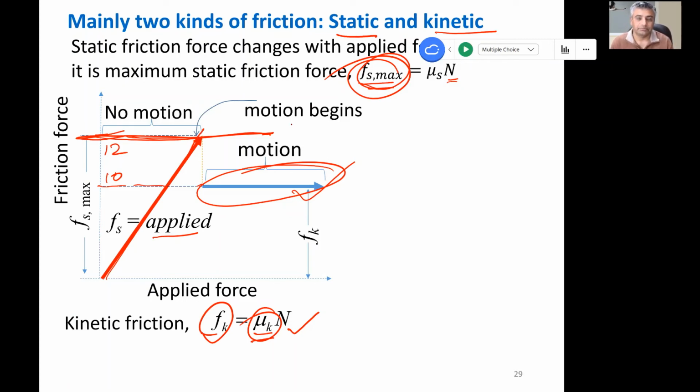So often in the problem, you may be given either this coefficient or this coefficient, or you're going to be told what the surface is. If you are told the surface, you can look for the value. If the number is given, you can use that number, okay, and calculate the friction force. So friction force and friction coefficient, they are related, but they are not the same. Friction force is a force. Friction coefficient is not a force. It's just a fractional number. When we multiply that number by the normal force, that's when it becomes friction force.